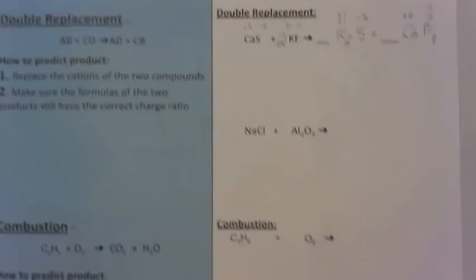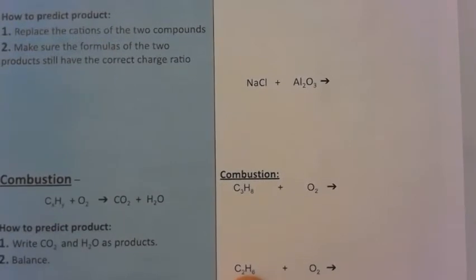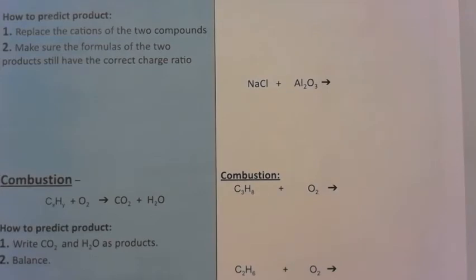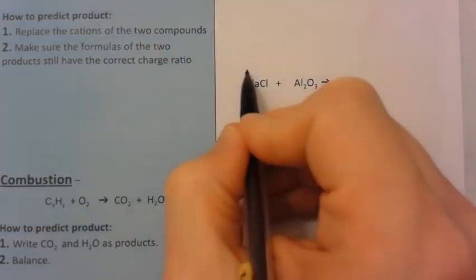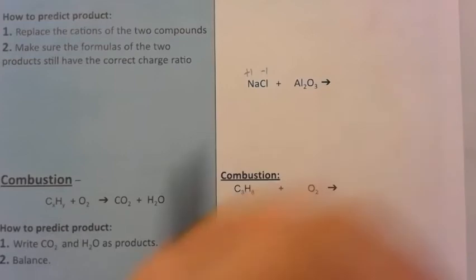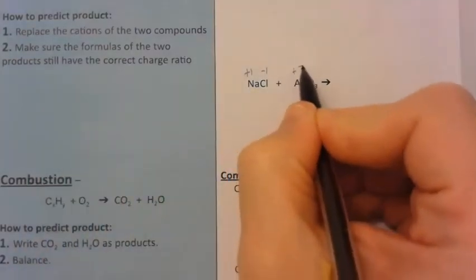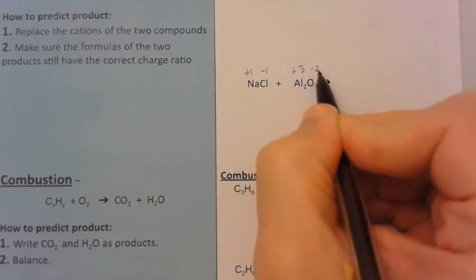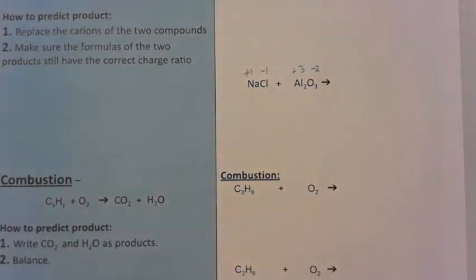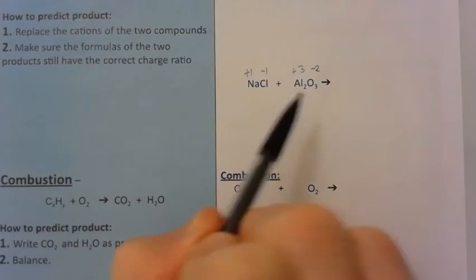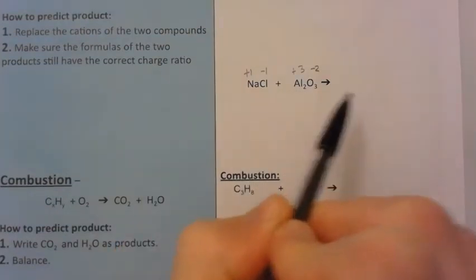Okay? So here's one more example for double replacement. Identify your charges, pause the video, practice writing out the products, and then we'll come back and balance it. All right, so again, we've got sodium +1, chlorine -1. This time we've got aluminum +3 and oxygen -2. If we take the time to figure out those 4 charges, the products are actually pretty straightforward because now we've